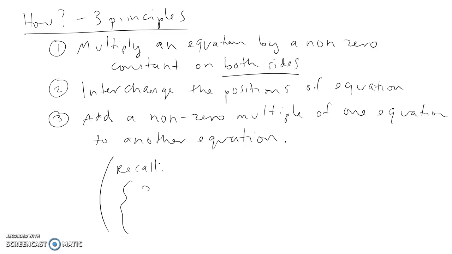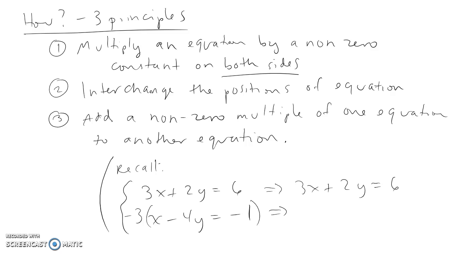If I had the system 3x plus 2y equals 6 and x minus 4y equals negative 1, and I want to solve by elimination, I can multiply the bottom equation by a negative 3. So I get 3x plus 2y equals 6 and minus 3x plus 12y equals 5, and then add them together to eliminate a variable. Alright, well what we're actually doing here is that, oh I'm sorry, this should be a 3